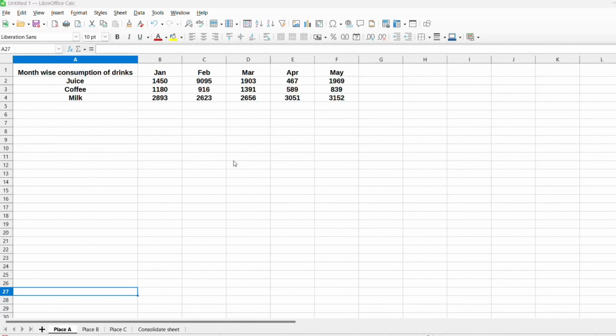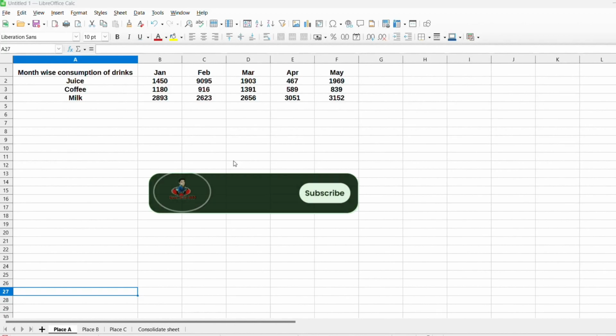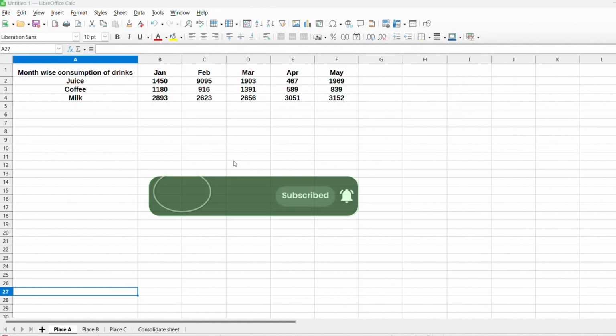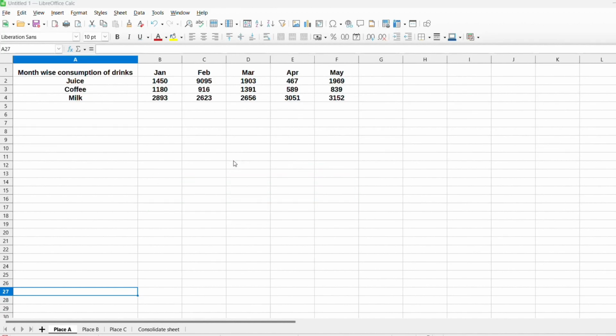So today I'm going to tell you how we can consolidate data in Excel. For consolidating data, first I'll tell you what consolidation refers to. It refers to collecting and integrating data from multiple worksheets or workbooks in a single or master worksheet. During this process, the data consolidation function takes data from a series of worksheets or workbooks and summarizes it into